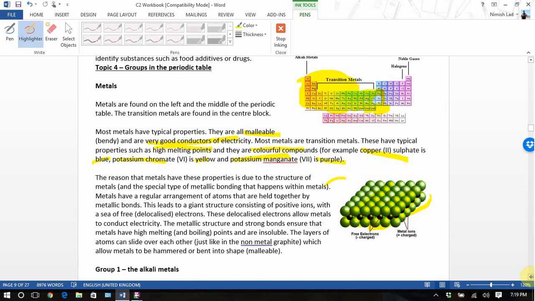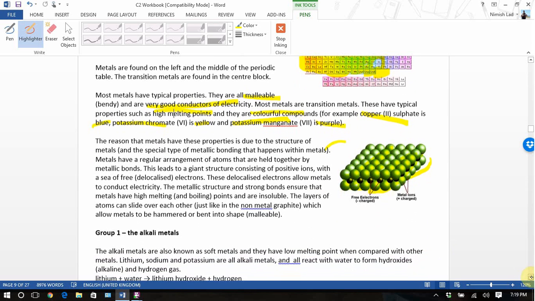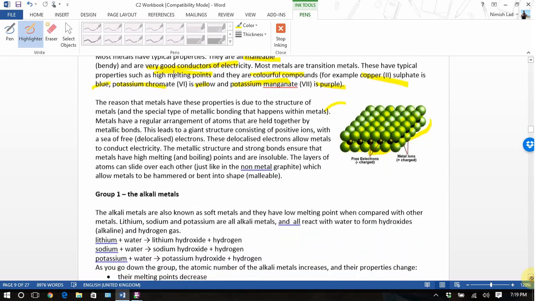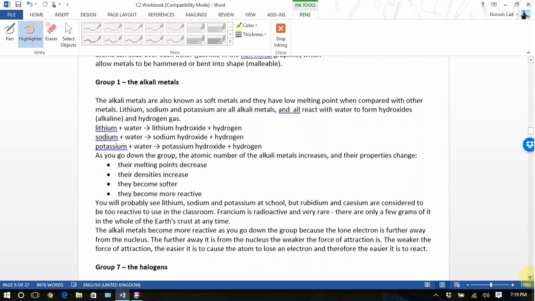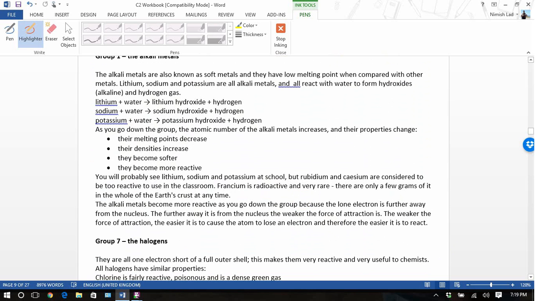So now let's talk about the alkali metals. So alkali metals are a specific group of metals. They're on the left hand side of the periodic table. So that's group 1. The alkali metals are also known as soft metals, and they have low melting points when compared to other metals. So lithium, sodium, potassium are all alkali metals. They're the three that are most